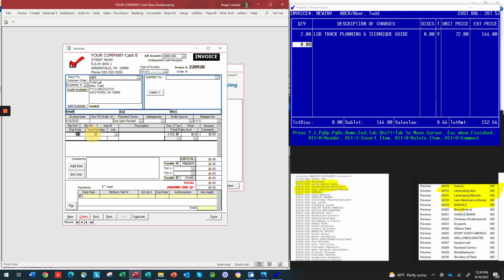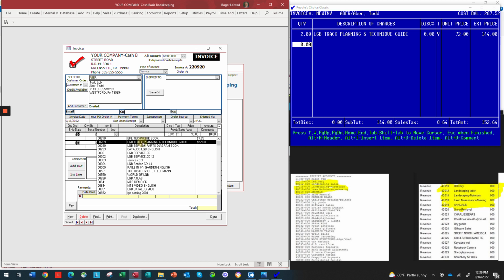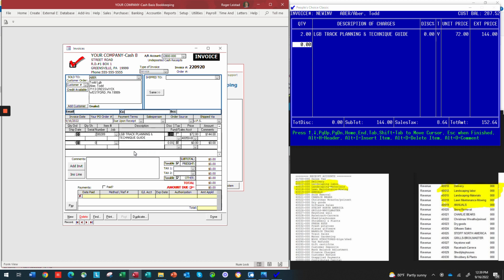Here they ordered 2. Select the same guide, enter. We're only going to put one item on this, so it's 144 over here, 152.64 total, 864. Once we get off the line here,